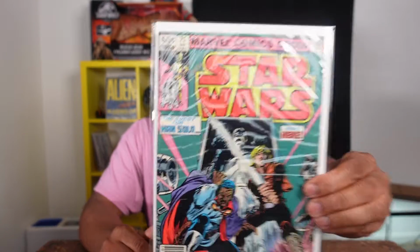And this is the first appearance of Bosk, or excuse me, first full appearance of Bosk the Bounty Hunter. And there's a rumor we're gonna see him maybe in the Book of Boba Fett show, and he's supposed to be in the Bad Batch show too. Anyway, this book's hot. It wasn't very much until recently, and it goes for about, according to online, $50 plus in high grade. So if you see this book, Star Wars 71, you probably want to get it if it's only a couple